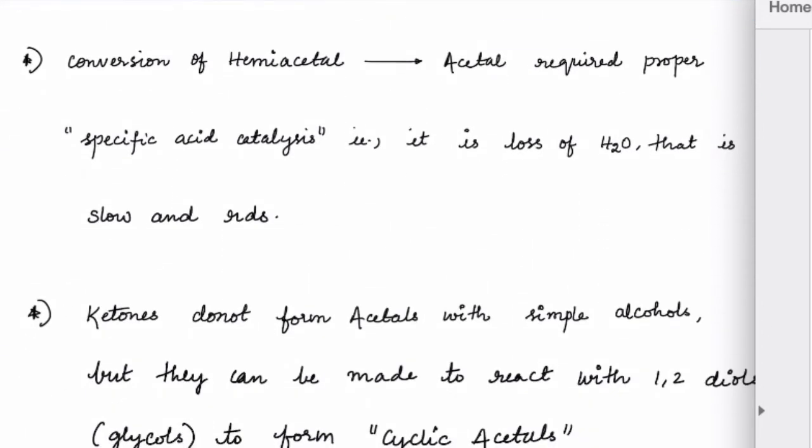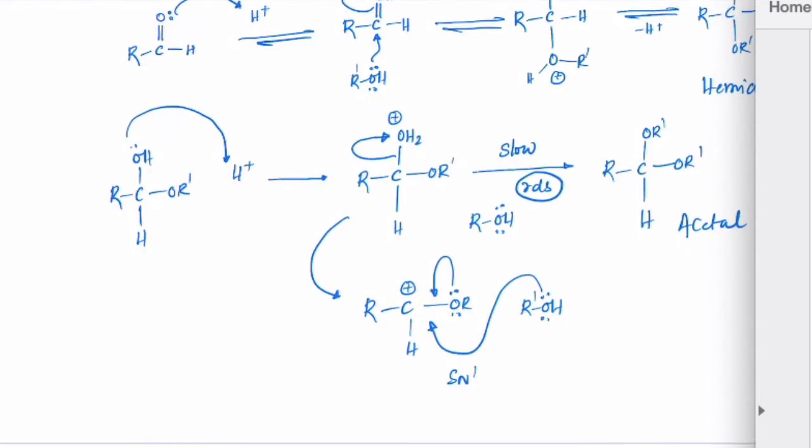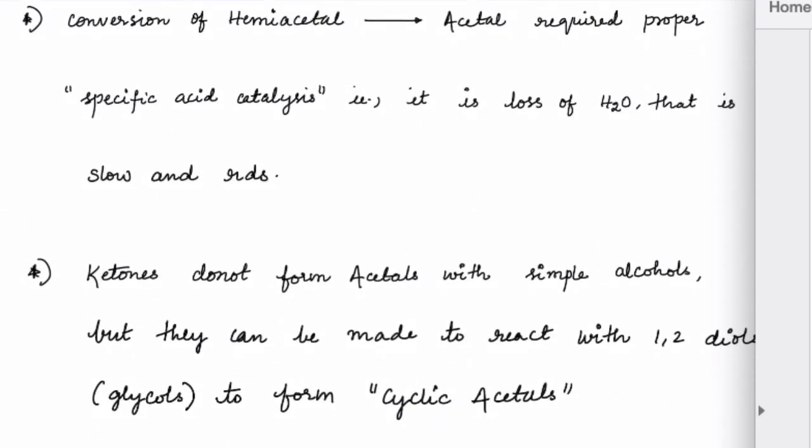Now, when it comes to conversion of hemiacetal to acetal, please do not consider this as a simultaneous step in case you get confused there. So think that the major part would be through SN1 here. Hope that is clear, everyone. Any doubt? I'll give you some time to write. Let me finish the entire acetal part and then I'll show you.